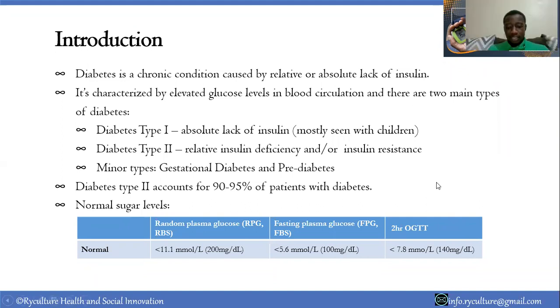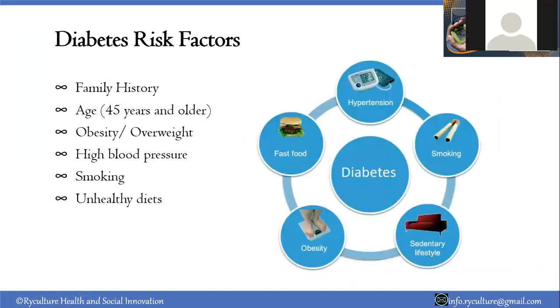What are the key risk factors that we have with diabetes? The major risk factors we have: hypertension. People with high blood pressure tend to develop diabetes more often. Then also we have smoking, fast food, the kind of food that we eat. That's why people who have diabetes are told that they need to look into their feeding patterns. It's recommended that you do physical exercises and keep fit to reduce your body weight as a recommendation in managing your diabetes.